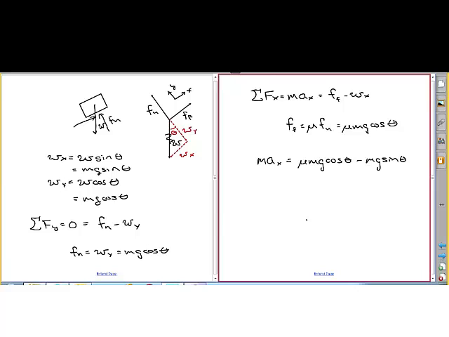it's either going to be accelerating, which means if you had a positive acceleration, that means it's going to slow down, because positive means I'm accelerating in this direction, but I'm moving in that direction. So a sub x negative means slowing down. That's because the acceleration is in the opposite direction that it's initially moving. And a sub x positive means